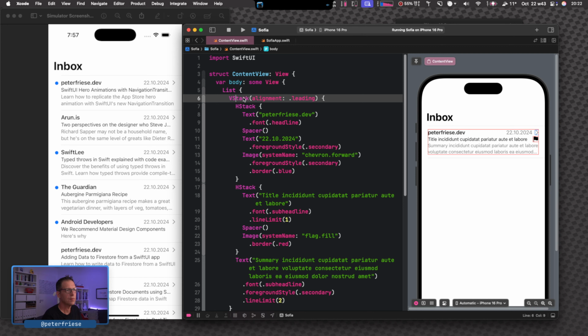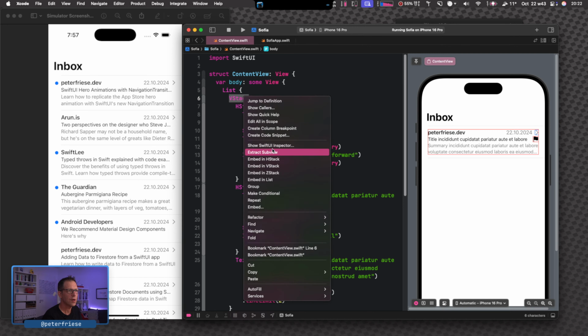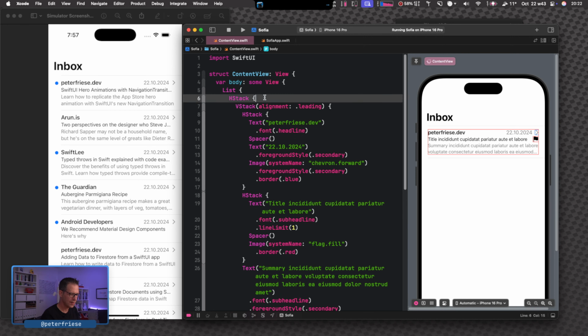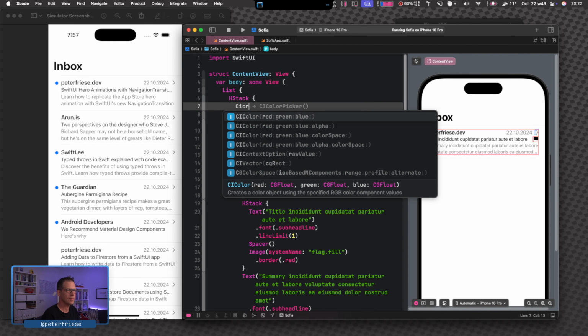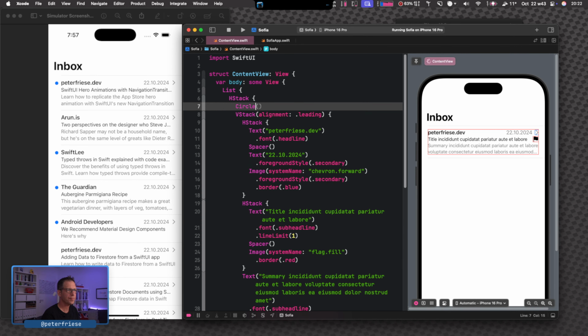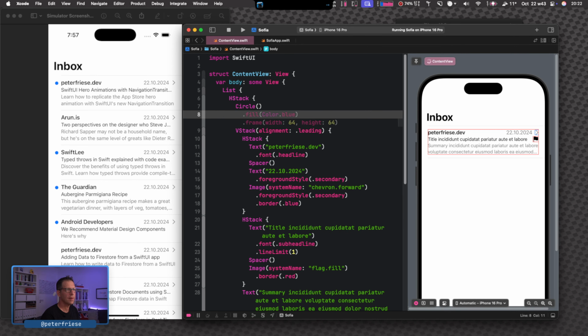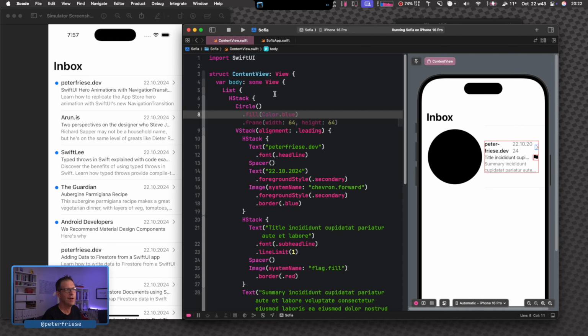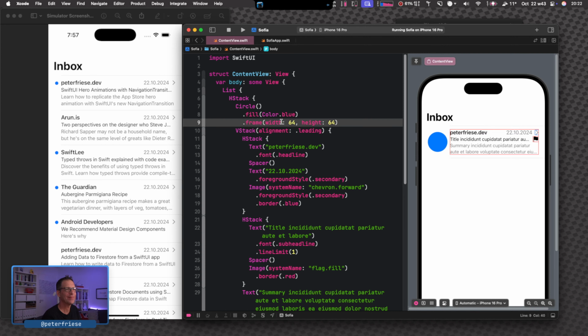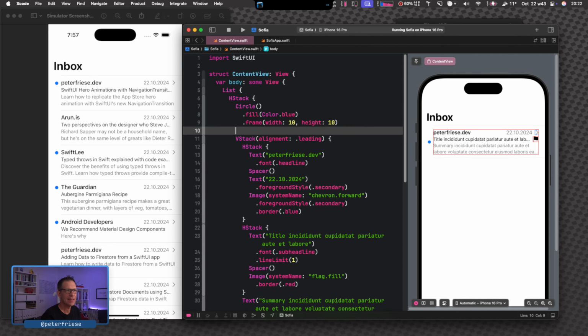So we want to put the blue dot in front of that. So I'm going to embed this in another H stack, and then we will need a circle. See, so maybe that's a little bit too much. So okay, so blue is great. 64 is a little bit too much. I think 10 is fine. And then